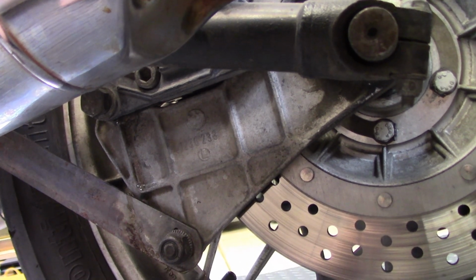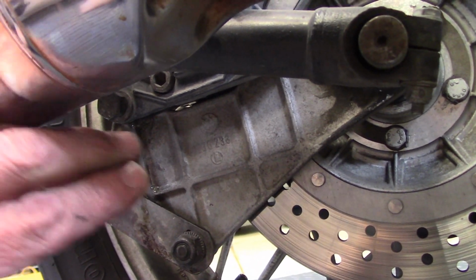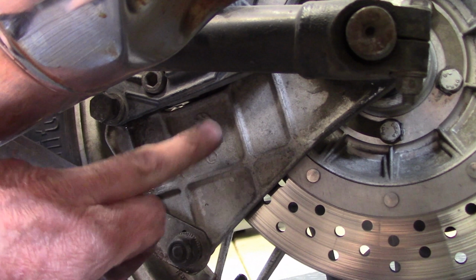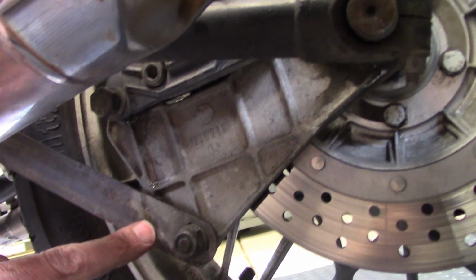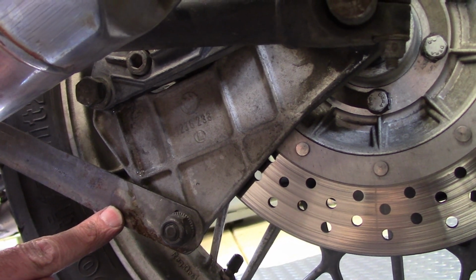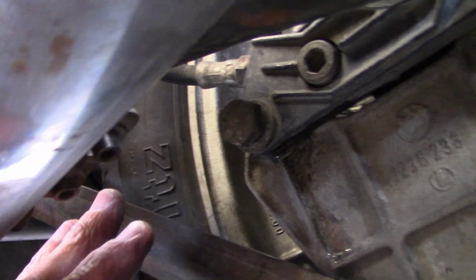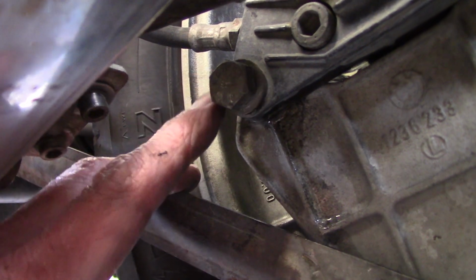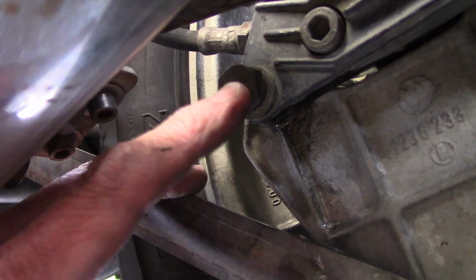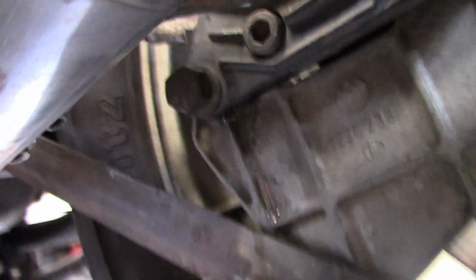The rear brake caliper on this '83 R100RS mounts to a cast bracket that attaches to the axle with a reaction arm that attaches to the frame to keep everything from spinning. So there's two bolts that hold the caliper to the bracket. This one down here underneath the muffler, and then there's a second one that's up here